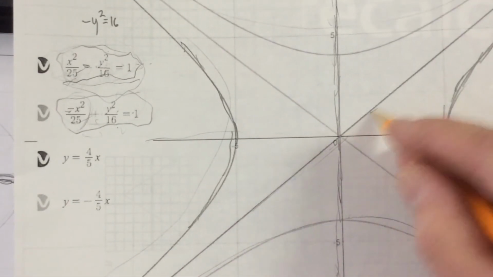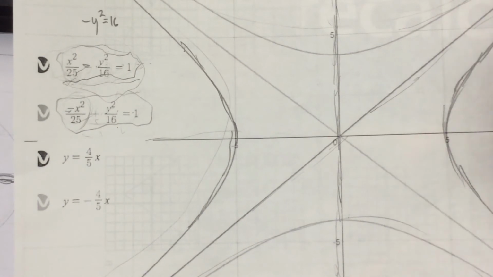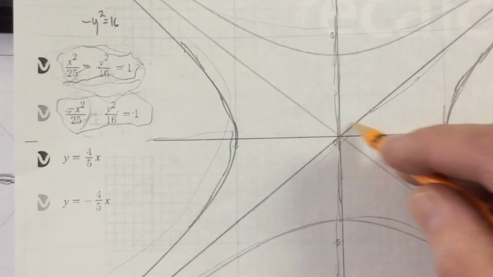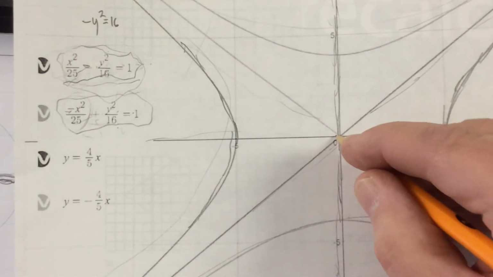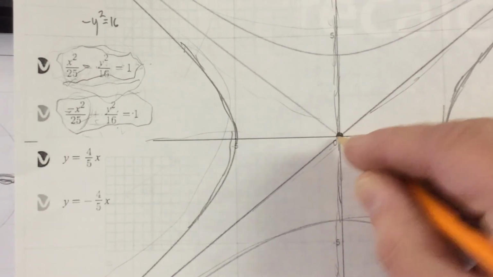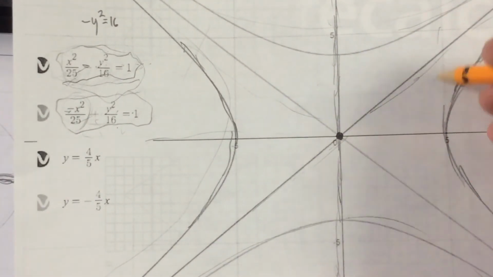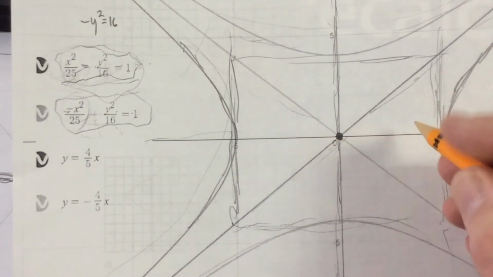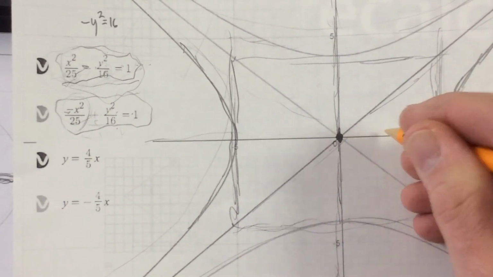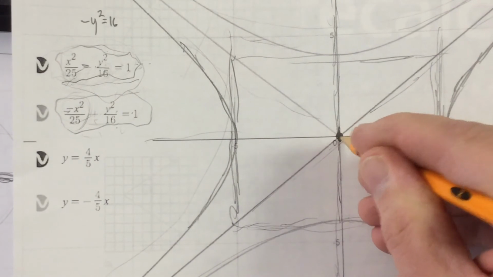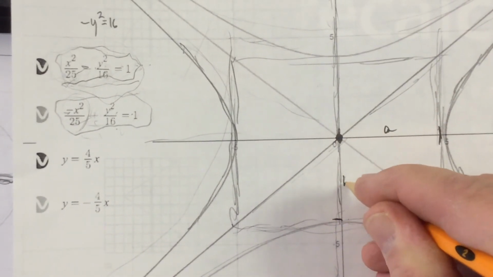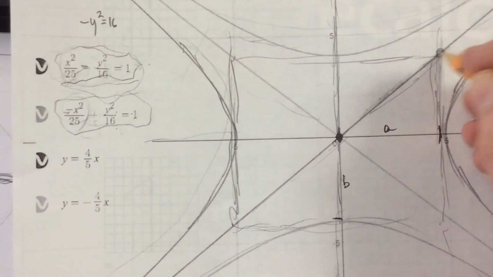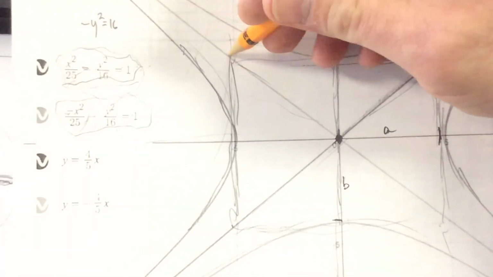And now, there are asymptotes here. This thing gets closer and closer and closer to this line as it goes out to infinity, and closer to this line as it goes out to infinity. And these two lines cross in the center of what this whole thing is. And essentially, I could draw a little rectangle here. And if you look carefully, you'll notice that this distance from here to here is A, and this distance from here to here is B. And this actually cuts through the corner of this rectangle, and this one cuts through the other corner of the rectangle,